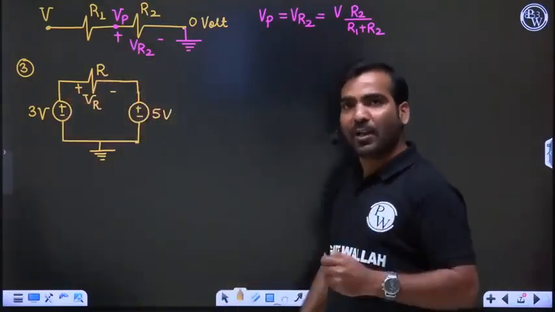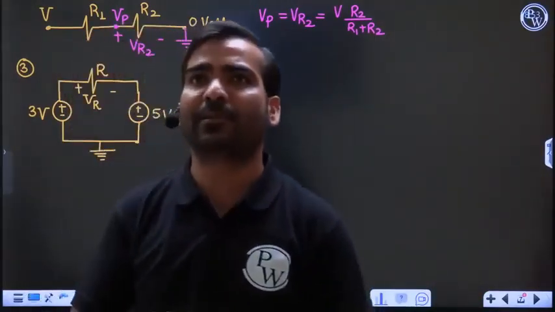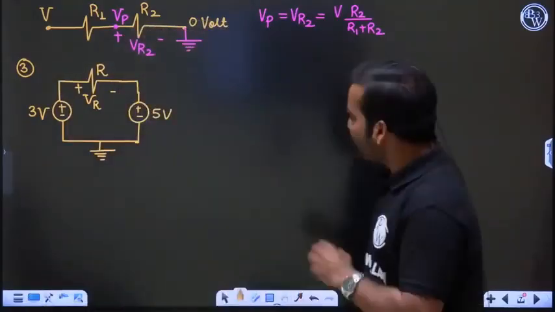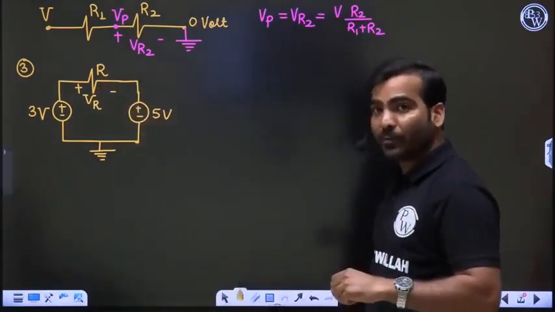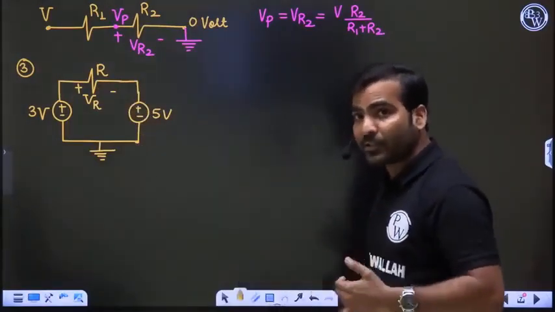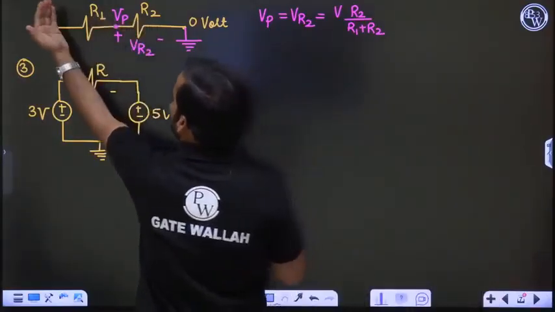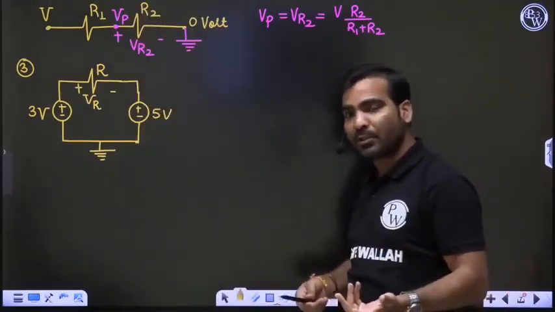Suppose superposition. No doubt everyone is giving the correct answer, minus 2. Two of the students have given this answer. Okay, so now the concept is we can use superposition also, because that is useful. Suppose you have this type of structure, where some voltage is V1 here and some voltage is V2 here, then we have to use the superposition theorem.